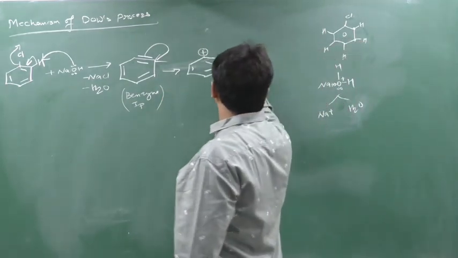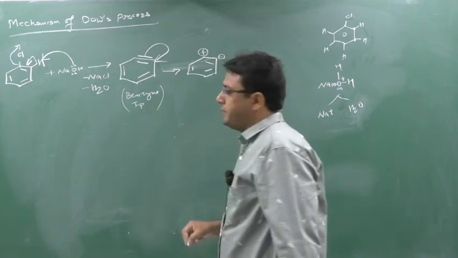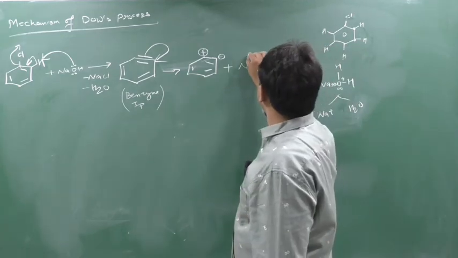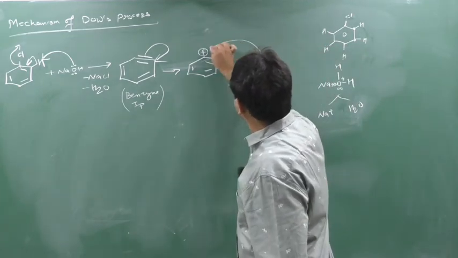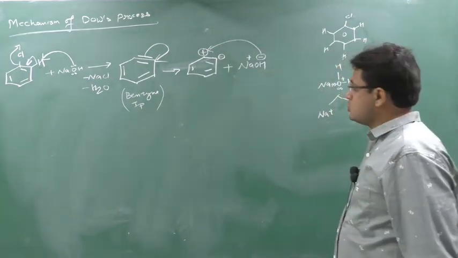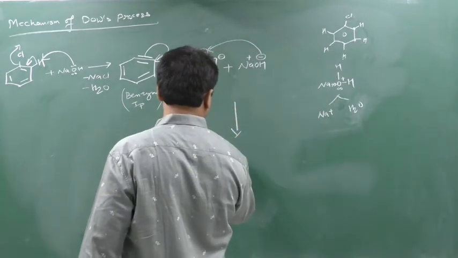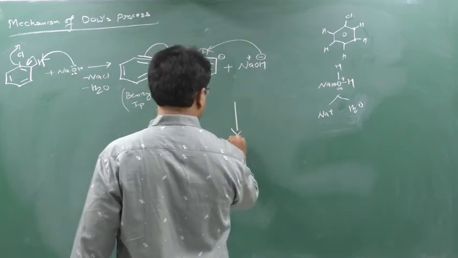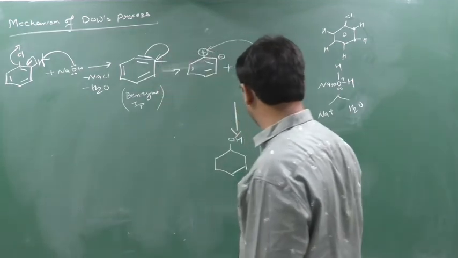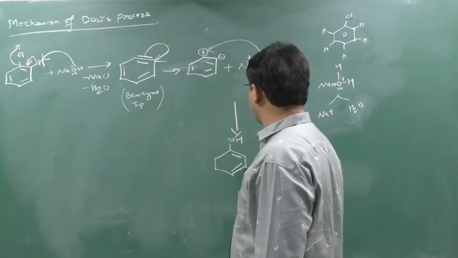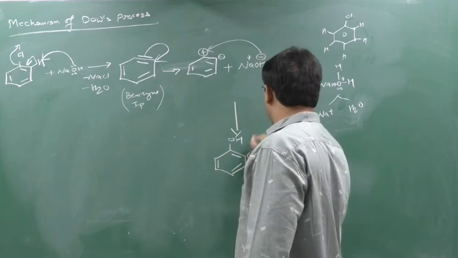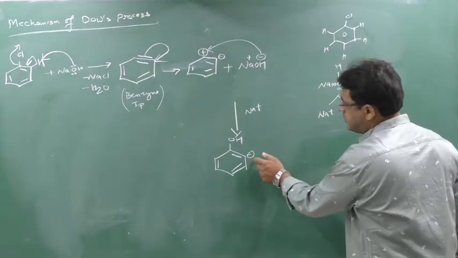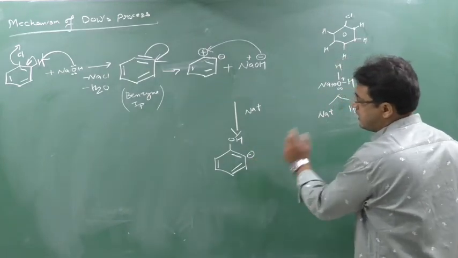Now, NaOH will come into the picture again, because we are taking a maximum of NaOH, no? Excess NaOH we are taking here, 60 to 80% type of excess NaOH. So here this is Na plus and this is OH minus. This OH minus will go and attack here on this plus. So the generation will take place here like this. This plus is satisfied by this OH minus, so there will be no charge here now. There was a triple bond here, so the double bond is converted, here double bond, and there will be minus here, and Na plus will remain as it is. Don't think that Na plus will be touched here. No, Na plus will not react here. This will remain as it is.